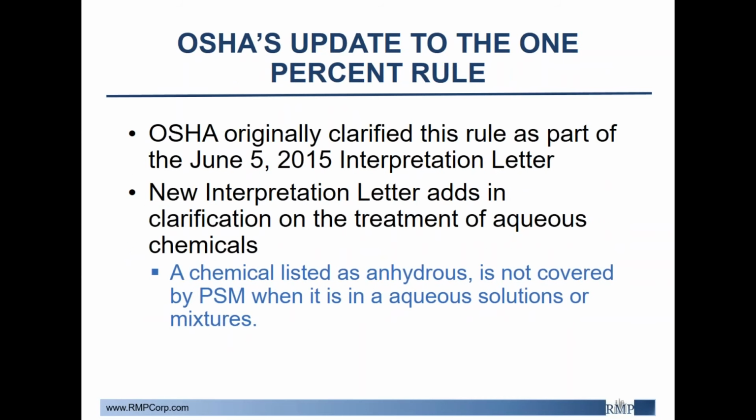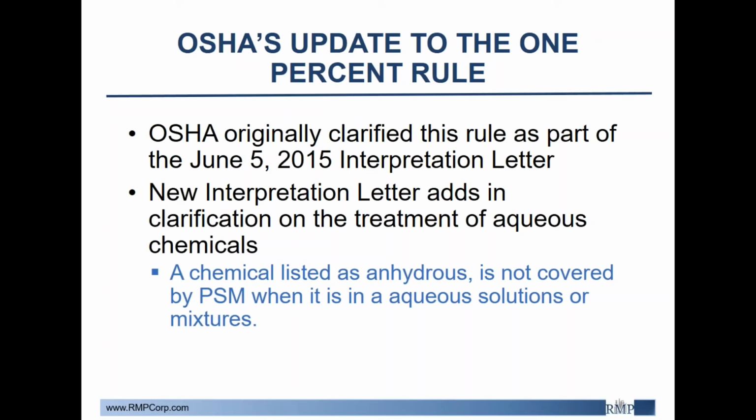So as I mentioned before, the new July 2016 interpretation letter replaces the June 5th, 2015 interpretation letter. And OSHA originally clarified its stance on maximum commercial grade with this June 2015 interpretation letter. We did present a webinar on this topic, however, it's been replaced by this new interpretation letter, so it's no longer applicable. Some differences between the June 5th, 2015 interpretation letter and the July 2016 interpretation letter are that